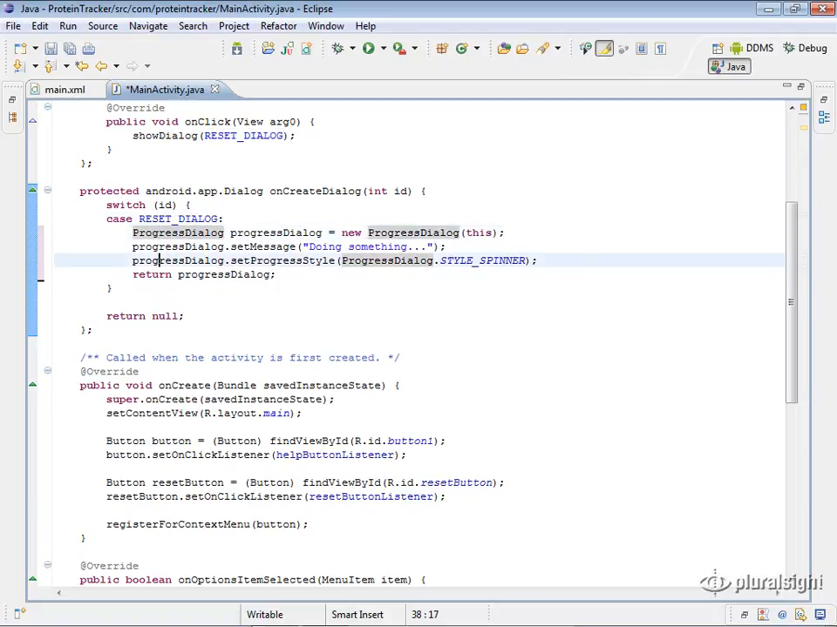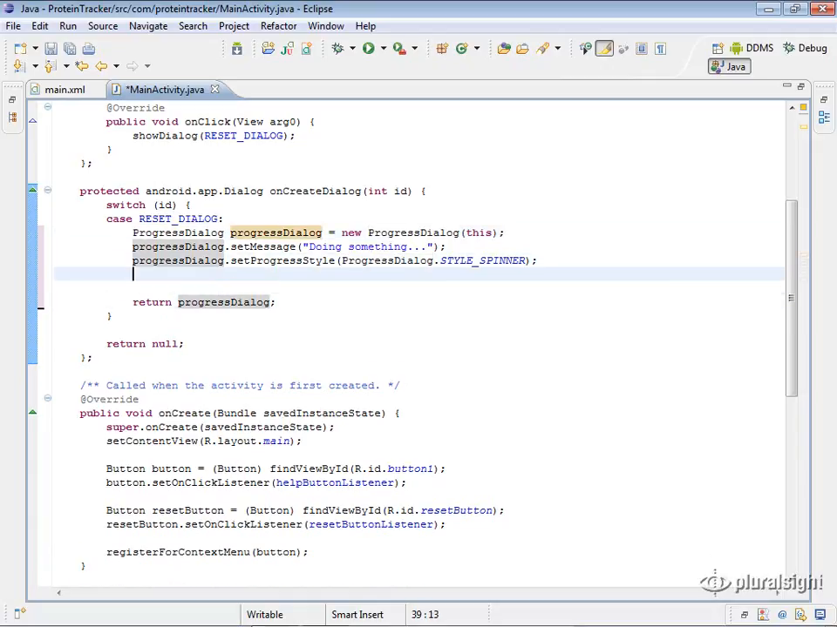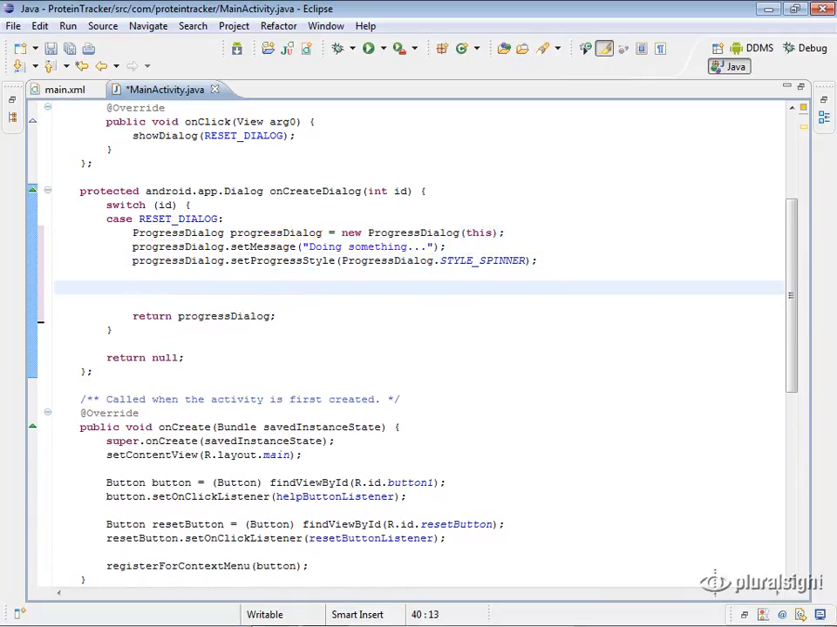But we have a little bit of a problem with the progress dialog, which is if we show it here, we need some way to cancel it, some way to dismiss that dialog. And typically that's going to be when you're done doing some background process. So what we're going to do here is we're going to simulate that happening, and then we're going to go ahead and close the progress dialog when that finishes. So before we return our progress dialog, we're actually going to create a new thread here. So what I'll do here is I'll do thread